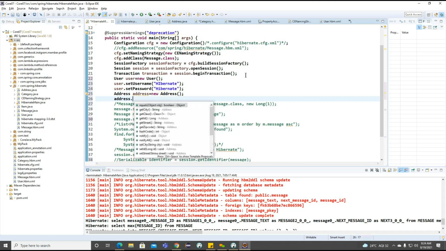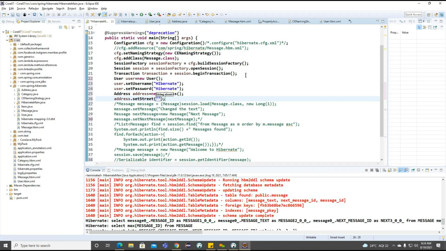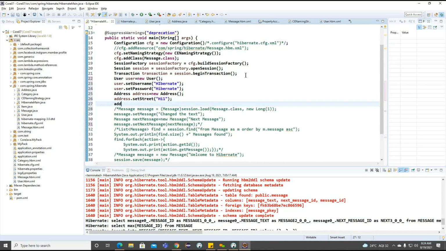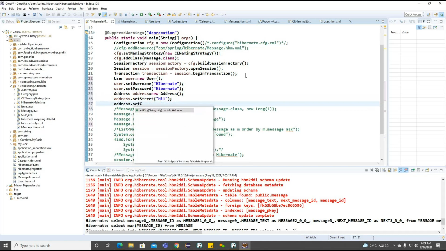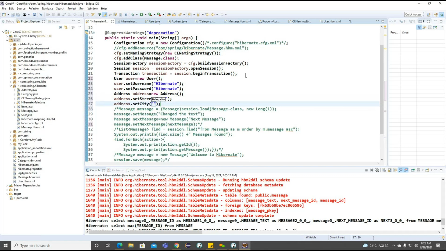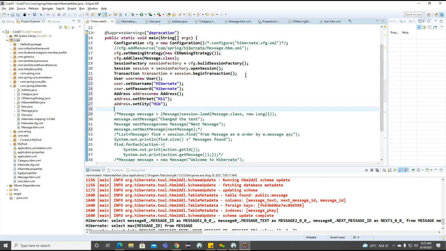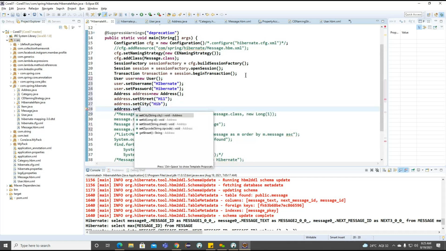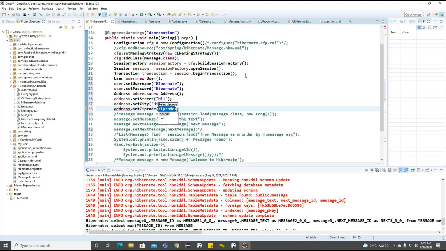And address dot, first the street here. For all the streets, what we can do, HI1. City, the city we want to make as HIB. And zip code. So this is the zip code I want to provide.